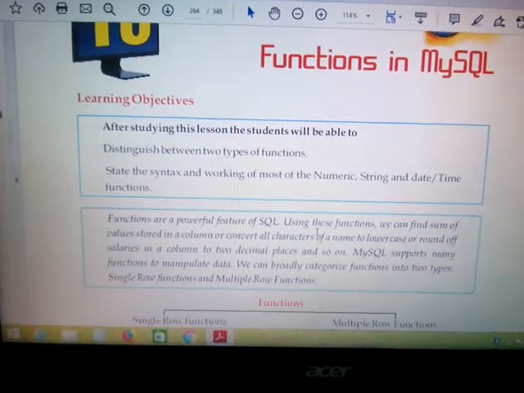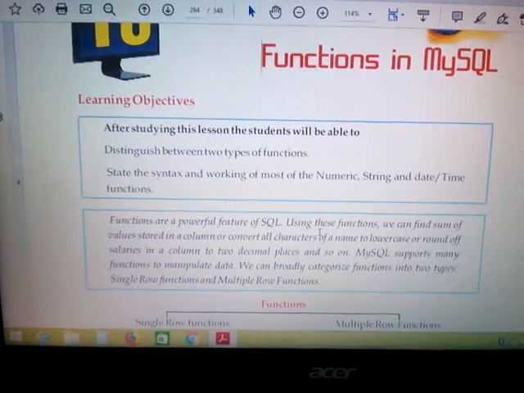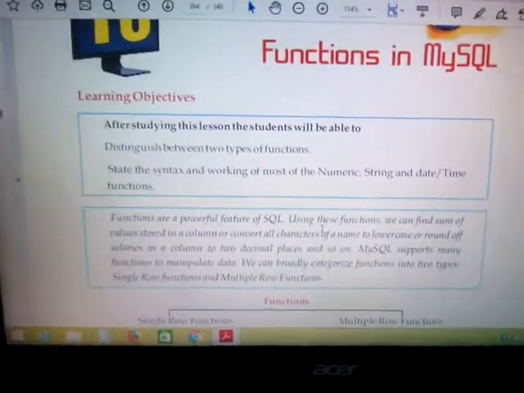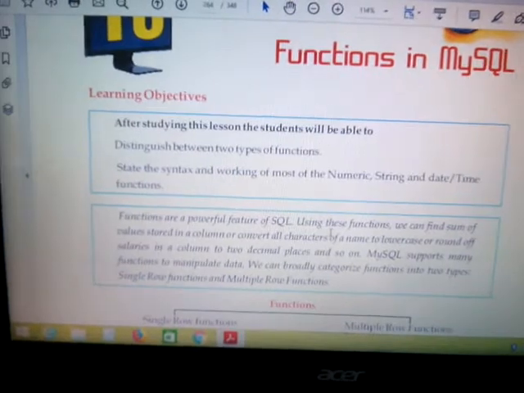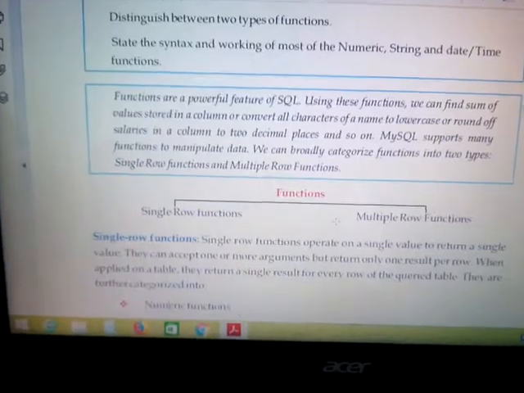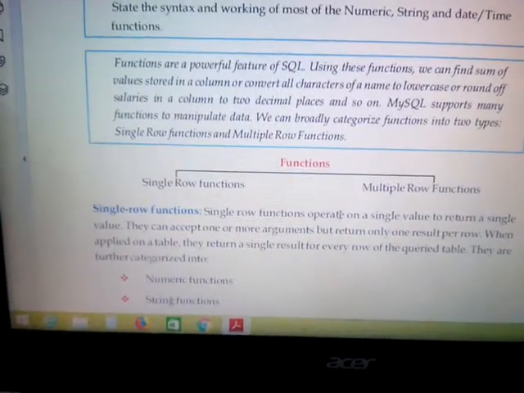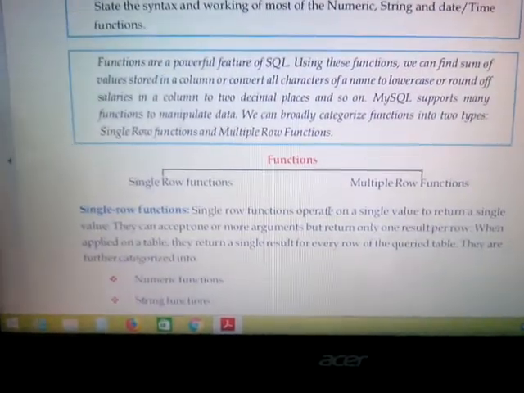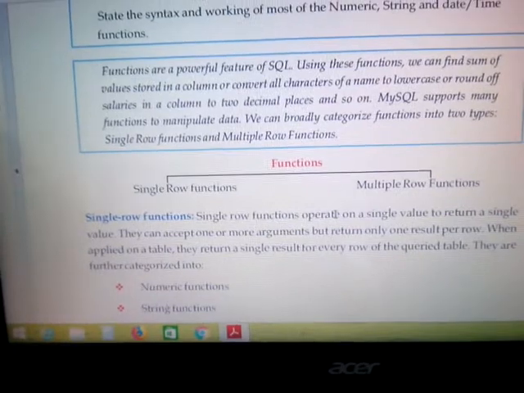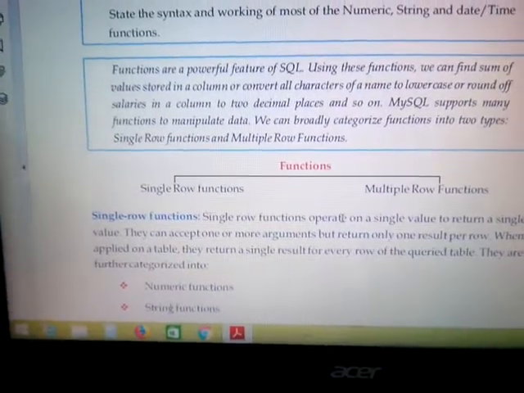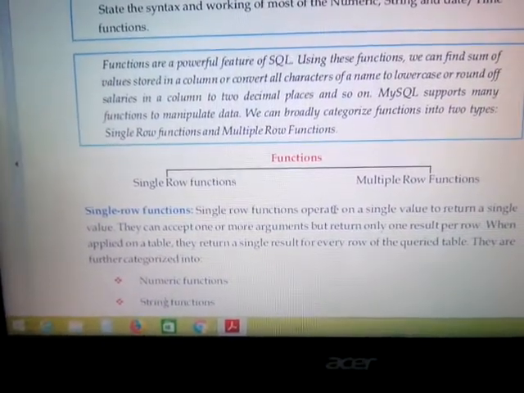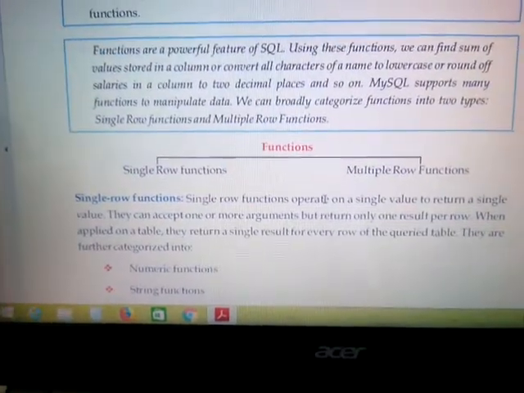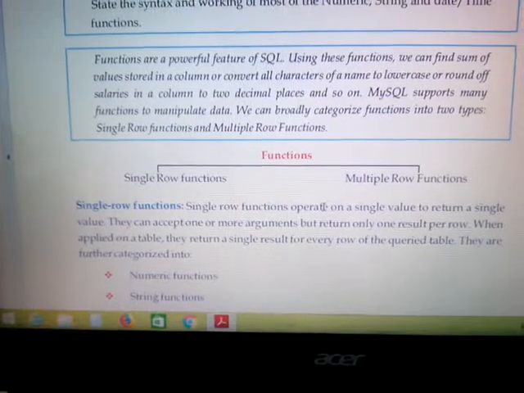Okay, next topic is functions in MySQL. I hope this word functions is clear to you because we already read these functions in our earlier class. Okay, so see, functions are what? These functions are a very main feature of SQL because see, create sum of any particular column. So again there should be a function by which we can directly get its sum, right? So this is a very important feature of MySQL.